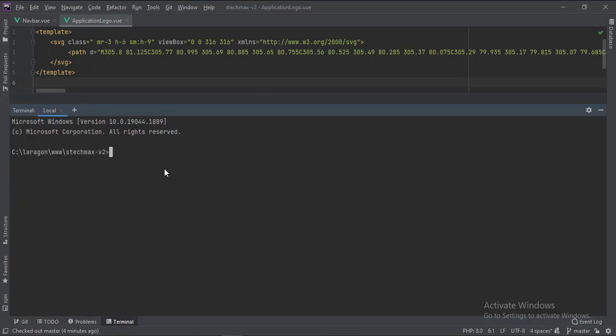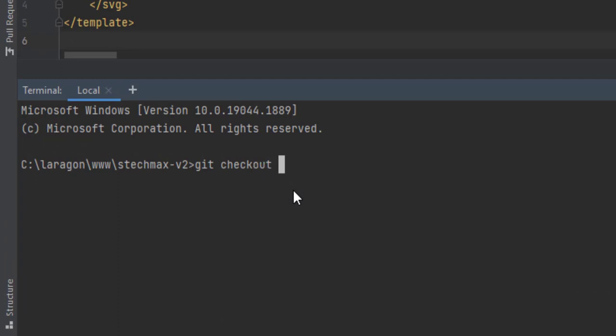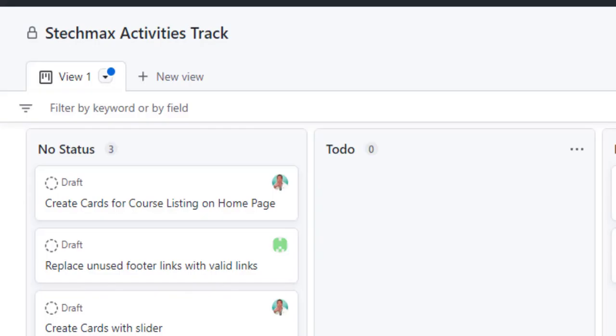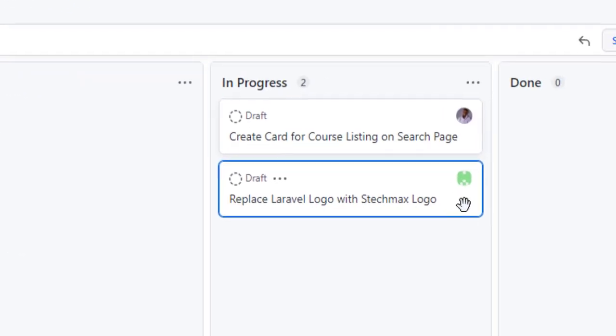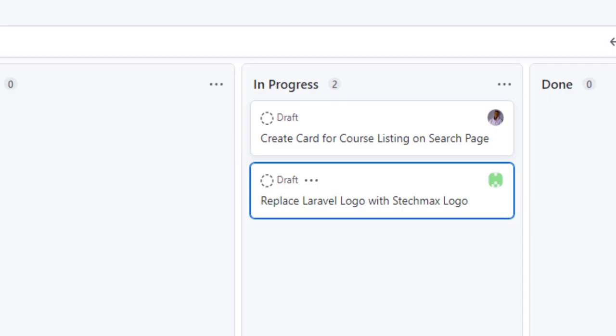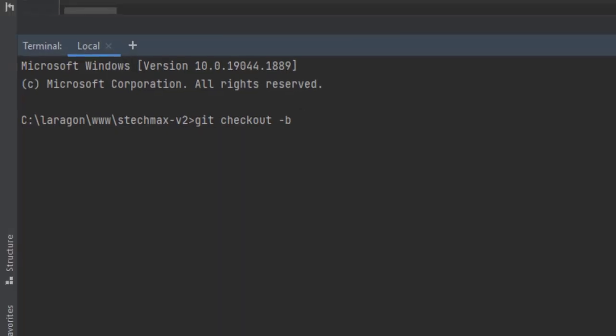good. Next thing now is you create a branch, git checkout -b, and then you type in the name of the feature that you are about to work on. So you do something like feature, then replace the Laravel logo with STEC mask, or if it's a problem ticket on GitHub, then you write ticket #5 or #6. In my case, it's a feature, and I will simply